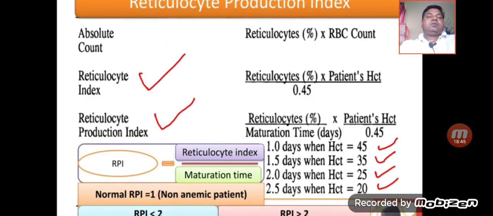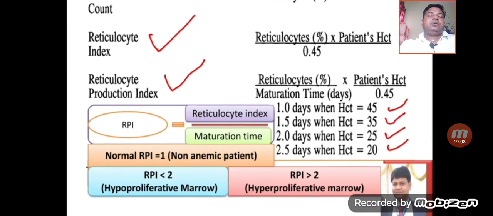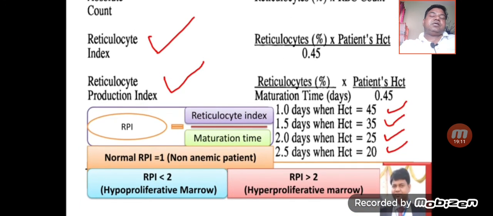Apart from this, by the reticulocyte count we can also calculate the reticulocyte production index. This is a simple formula in which we first calculate the reticulocyte index. The percent of reticulocytes is multiplied by the hematocrit of the patient and divided by 0.45. To get the reticulocyte production index, the RPI, the reticulocyte index is divided by the maturation time, and the normal RPI